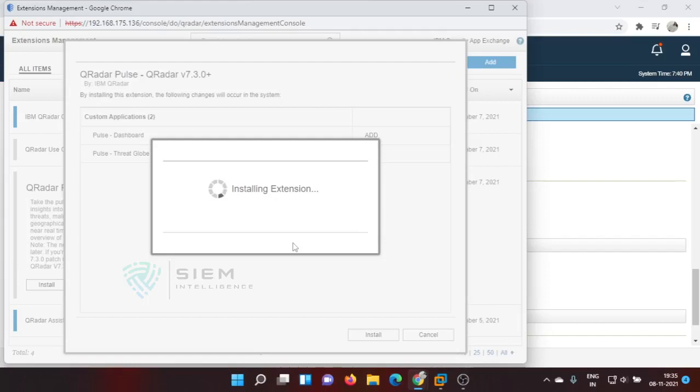But for me, I can say UBA and all, it's not possible. You have to explore on yourself. Why? Because there are so many things to be set up for UBA. Basically, you need to fetch the data from your Active Directory, then only it will be helpful for you as a UBA or UEBA.